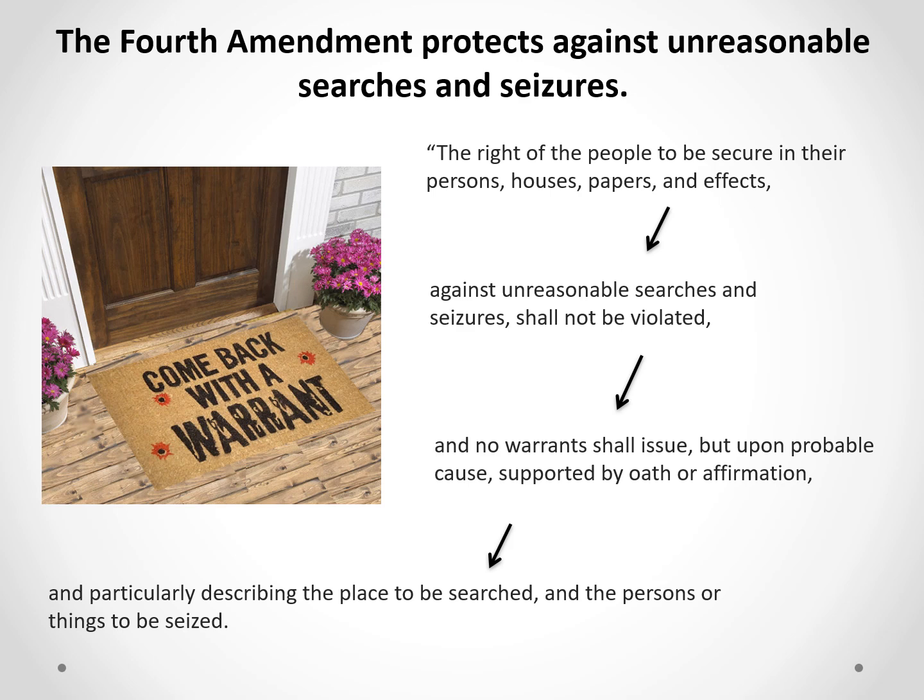So let's see, the warrant has to be in writing, has to be signed by a judge, it has to be supported by probable cause, it has to be sworn under oath, and finally, the last protection is that the warrant has to be specific. It has to particularly describe the place to be searched and the persons or things to be seized. So you can't get a warrant that allows you to search an entire housing complex whenever you want. Okay, you can't get a warrant that allows you to stop and arrest any gang member with a particular tattoo, right?